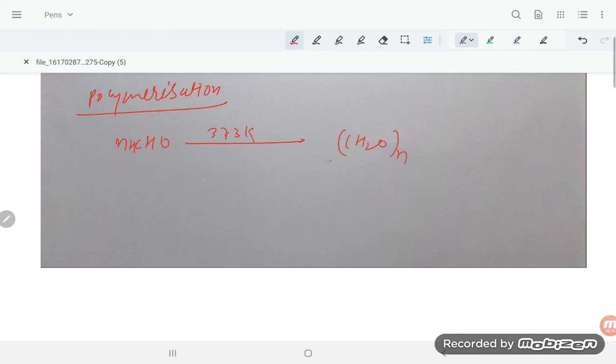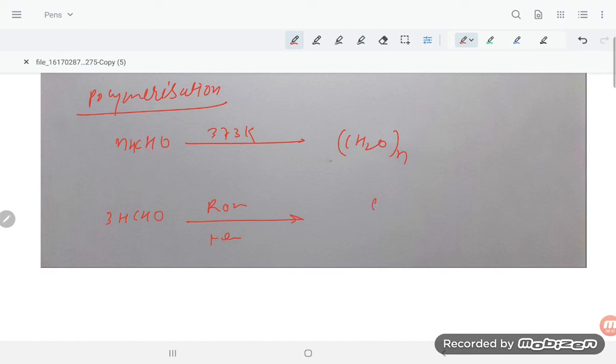The last one is polymerization. So how can you understand polymerization? This is also very easy; the polymerization reaction is not that tough. N molecules of HCHO at 373 Kelvin will give the (CH2O)n type, paraformaldehyde. If you are having 3 molecules of HCHO at room temperature,